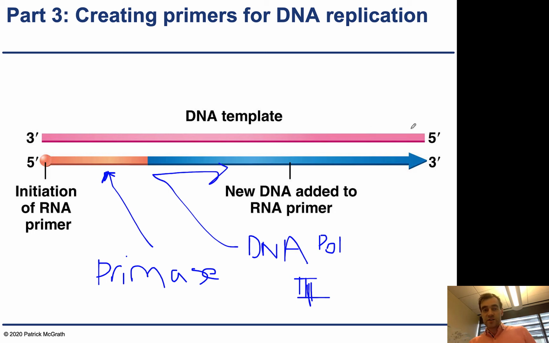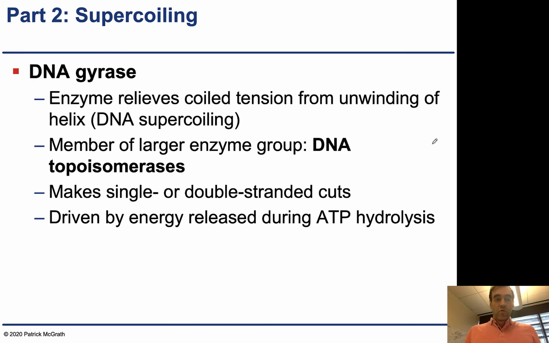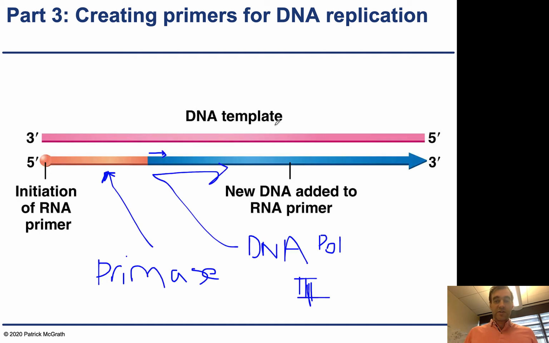So you have the single-stranded DNA, and then you have the primer. The primase comes in and creates this RNA primer. And so now DNA polymerase III is able to extend from that. Note the way it works is that it always goes in the 5' to 3' direction. So it starts at the 3' end of the primer, and then it creates new nucleotides in the 5' towards the 3' end. So eventually, if you look at the strand, it's going to be able to go all the way from the